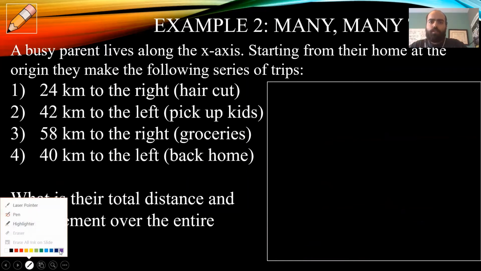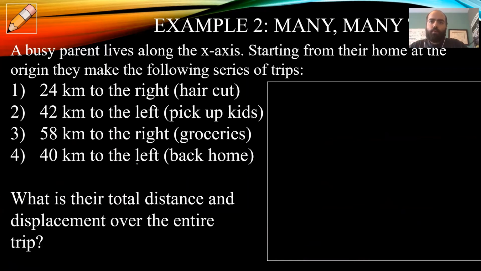In this example, we're being told that there's a busy parent that lives along the x-axis. They're starting from their home, so that's where they're beginning. That's the initial point, and their home is at the origin. So they're starting at x equals 0 on our coordinates, and then they're going to make the following series of